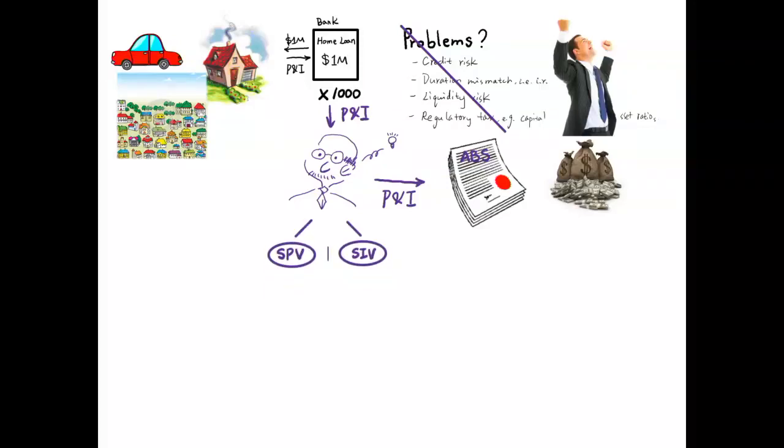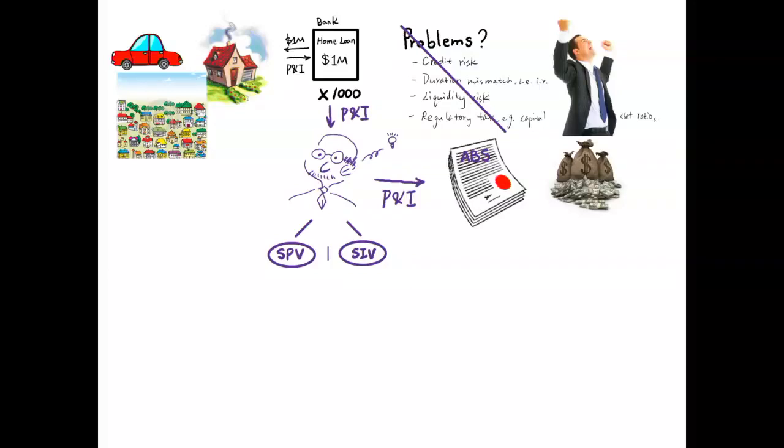SPV, Special Purpose Vehicle, or SIV, Structured Investment Vehicle. So let's talk about SPV first. The smart guy could say, well, I don't want to engage in any of the risk in the process. I only want to be a middleman who provides service. So he will be part of that 1 billion asset pool, work with that pool, and he will provide service like communicate to the banks, communicate to different investors, help with the issuance of the securities, and he will also pass all the payments from banks, from households to the investors over time.